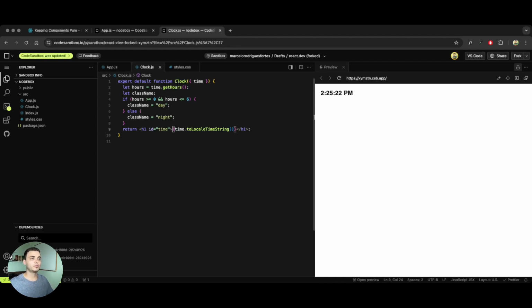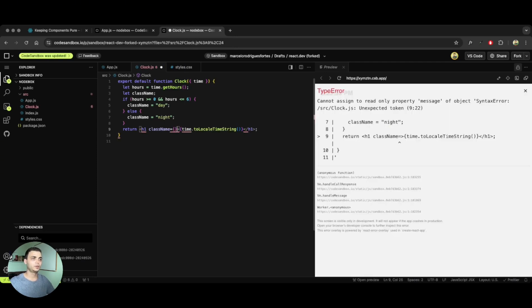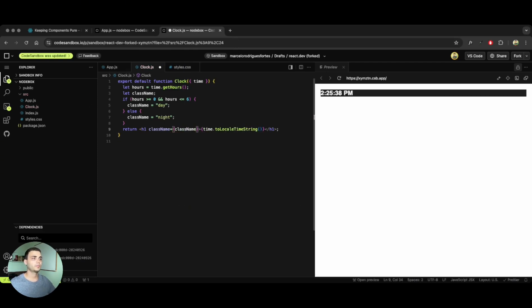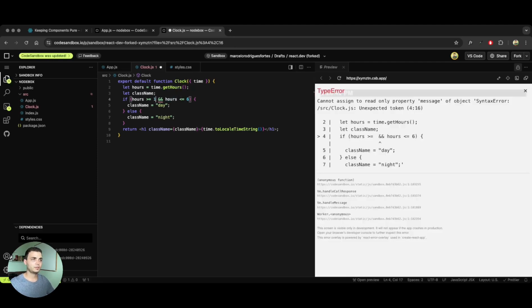And here inside our HTML element, we can remove this ID, and we're going to set our class here. Okay, so let me change this here